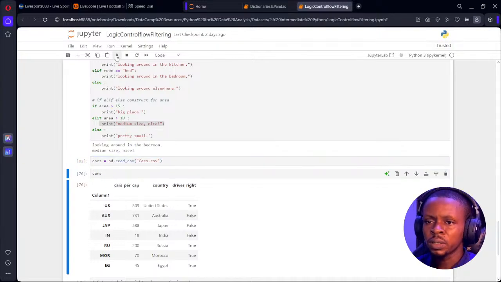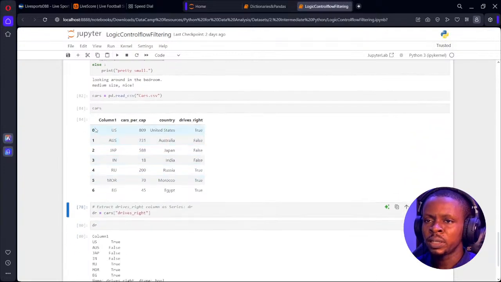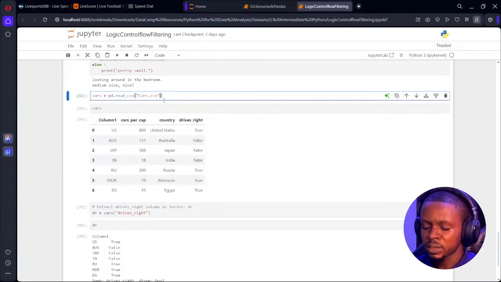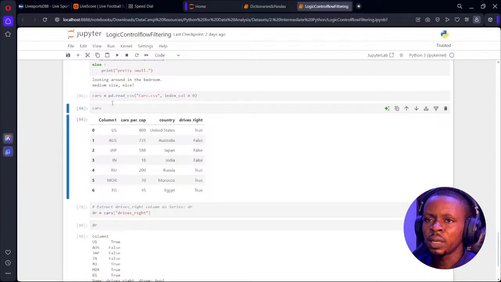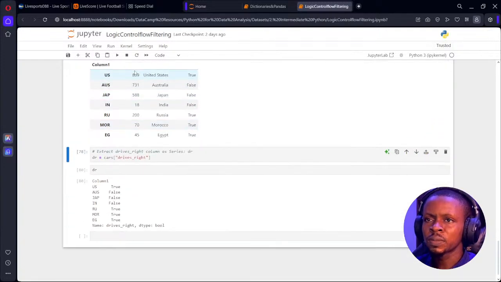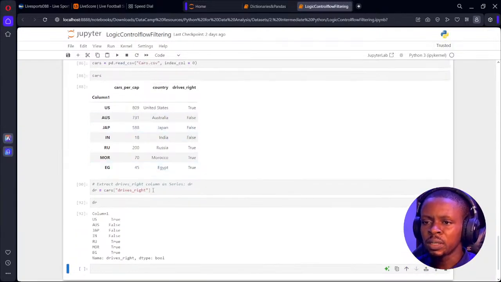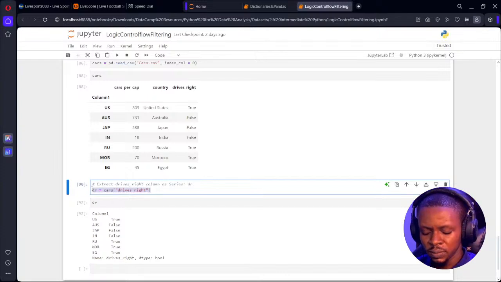If I call on this column like this, you can see it's going to index the column using integers 0 to 6. But I want you to use this first column as the index notation here, so that we have that index here. If I run it one more time, I get a better result. You can see that drive right is there already. Another way to do this is to use this indexing method. If I copy this code right here